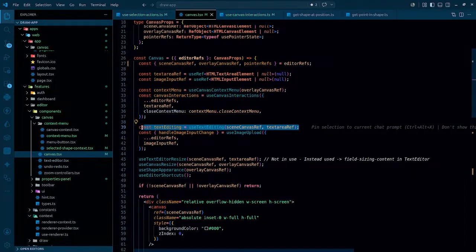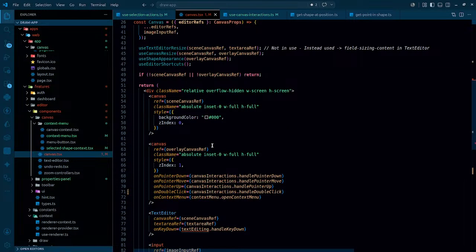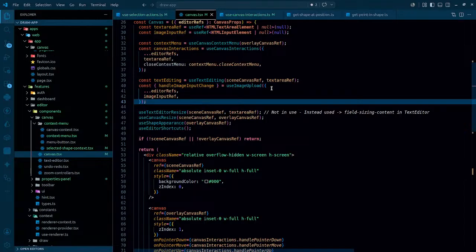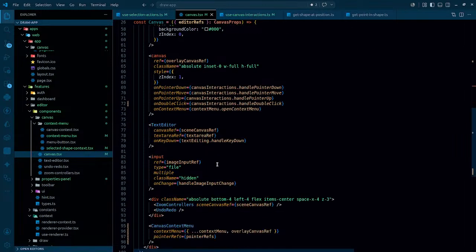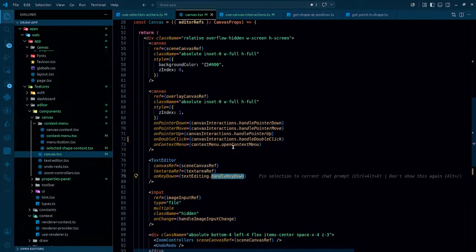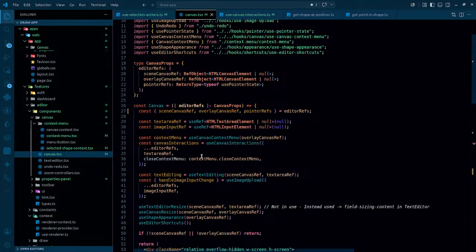Text area, right? Luckily we are passing it there as well. In that case, text editing dot handle key down, that is okay, let it be here, but we'll copy it from here, and whenever we double click,